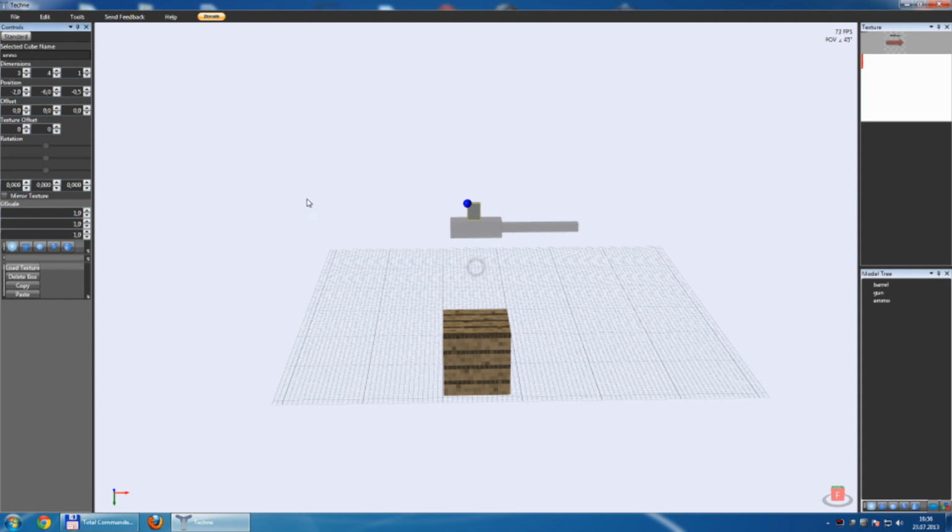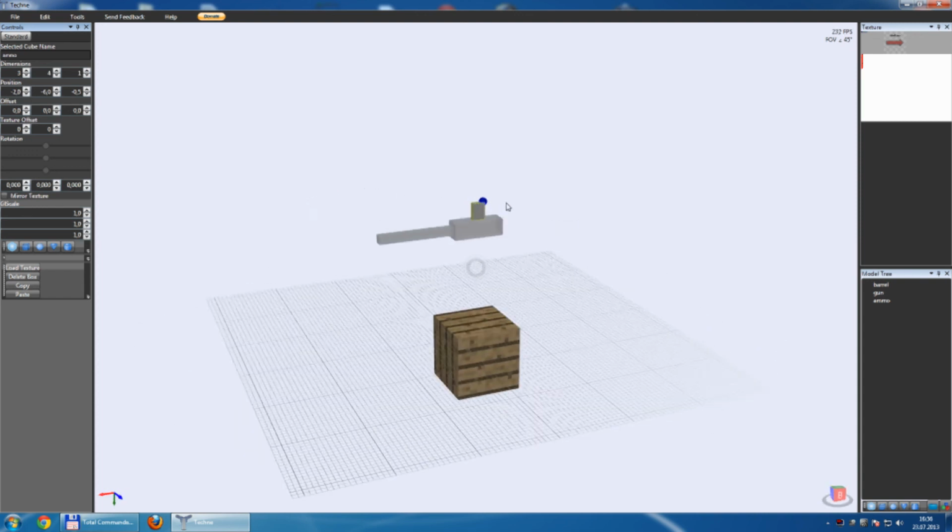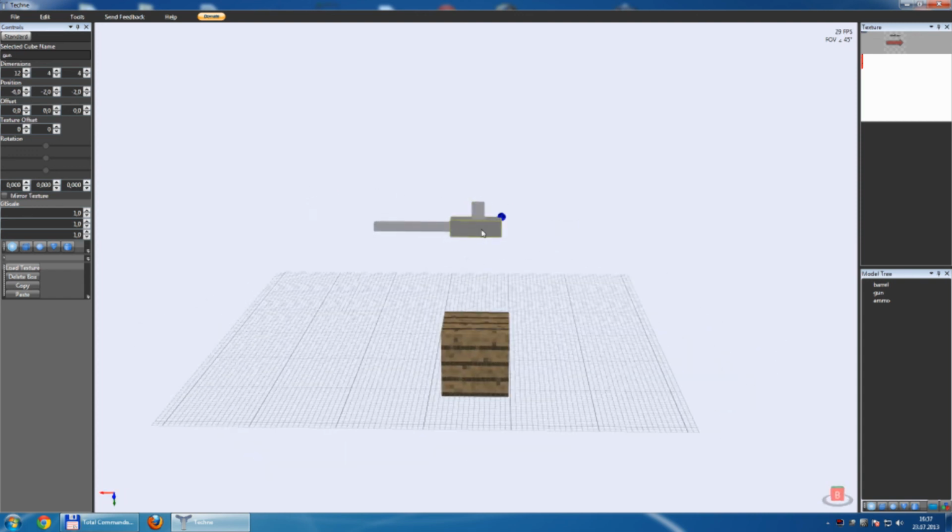So this is now our barrel model and it's oriented around 0, 0, 0, which is now here in the center of these. And these will also become our rotation point where the gun is moving up and down. So save it. And now we are finally ready to build the model, which I will show you in the